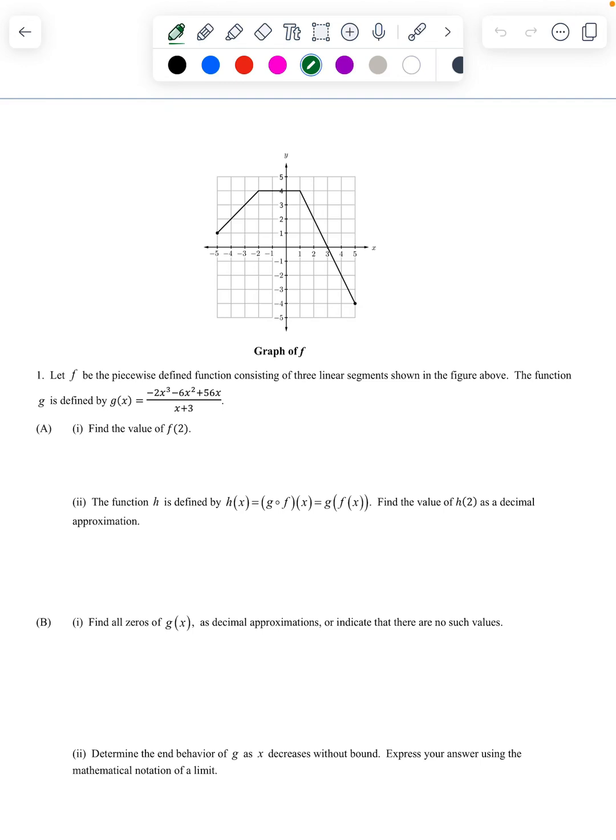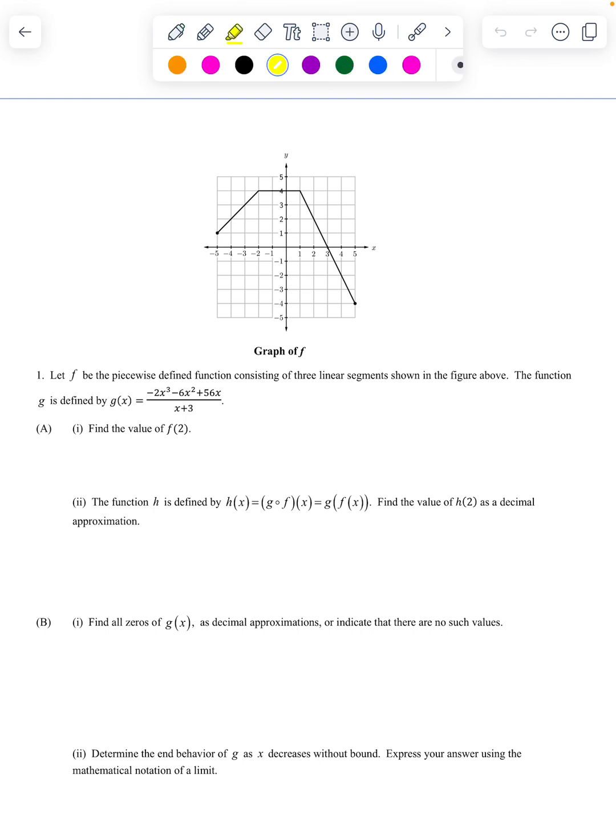Hey friends, let's get through these FRQs and see if we can wrap up the video on the reviewing. All right, this does allow your calculator. That does not mean you're going to need your calculator on everything, so keep that in mind as you go through. Let f be the piecewise defined function consisting of 3 linear segments shown in the figure above,